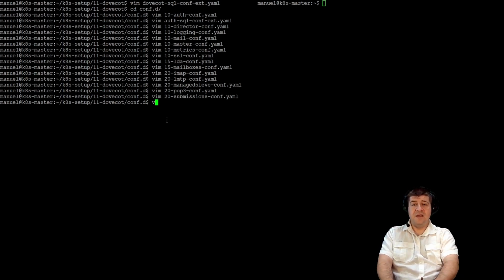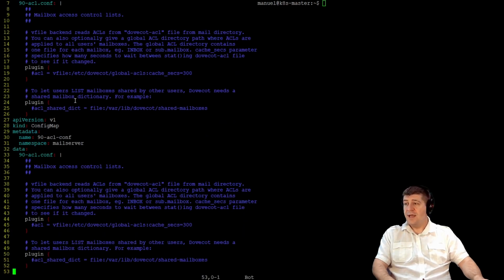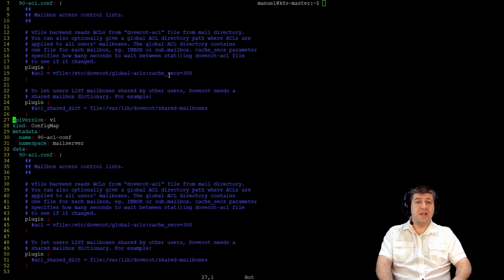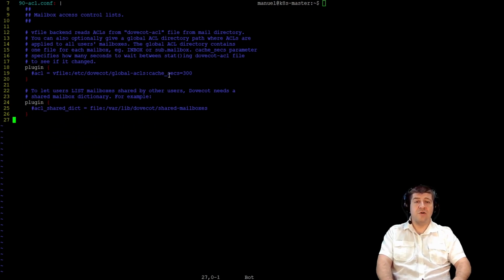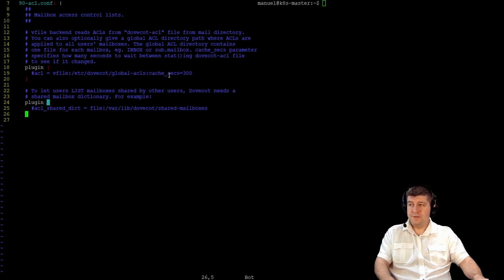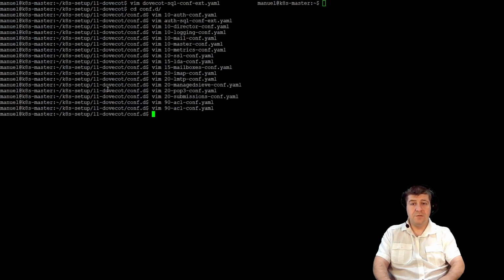Next is the vim90 acl.conf.yaml. That file controls how a user has access to the file system. I will not bother, as this functionality is mostly used for shared mailboxes. Nothing I have or plan to set up. Gonna go top, right and quit. And moving on to vim90 plugin